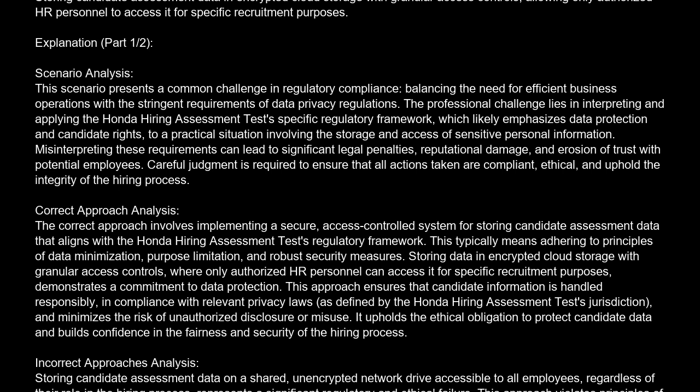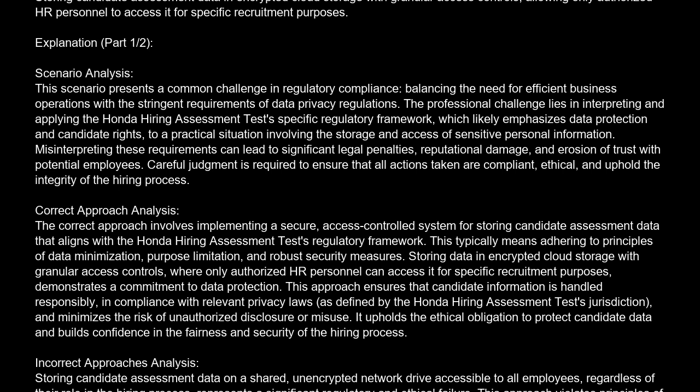The professional challenge lies in interpreting and applying the Honda hiring assessment test's specific regulatory framework, which likely emphasizes data protection and candidate rights, to a practical situation involving the storage and access of sensitive personal information. Misinterpreting these requirements can lead to significant legal penalties, reputational damage, and erosion of trust with potential employees. Careful judgment is required to ensure that all actions taken are compliant, ethical, and uphold the integrity of the hiring